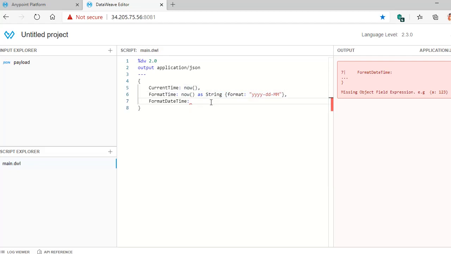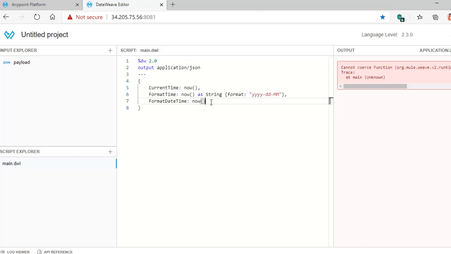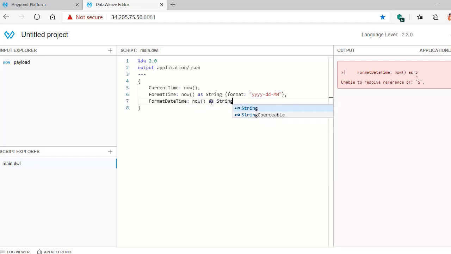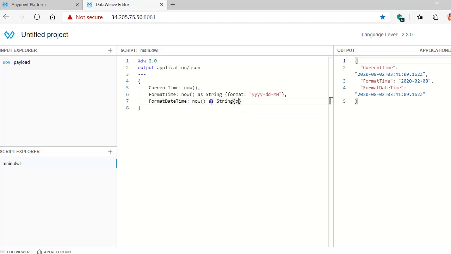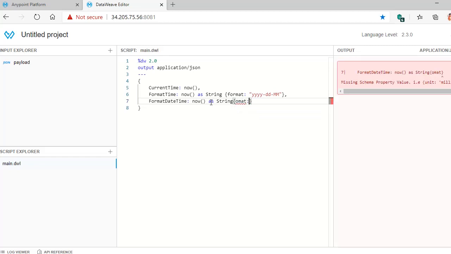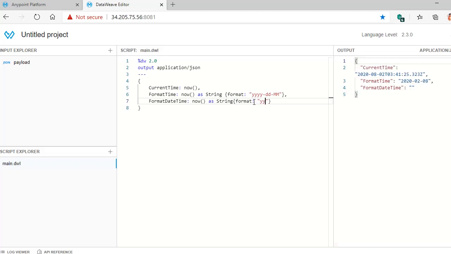For that, what you have to do, you need to use the now function and as string, and in these curly braces you need to say format colon, and in double quotes I can say yyyy year, month, date, and I want to have time also. So HH, mm.